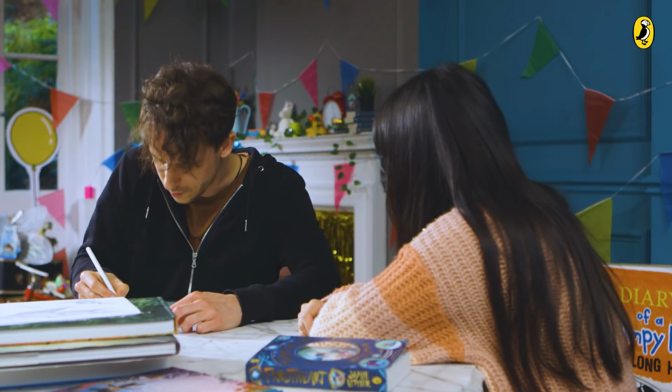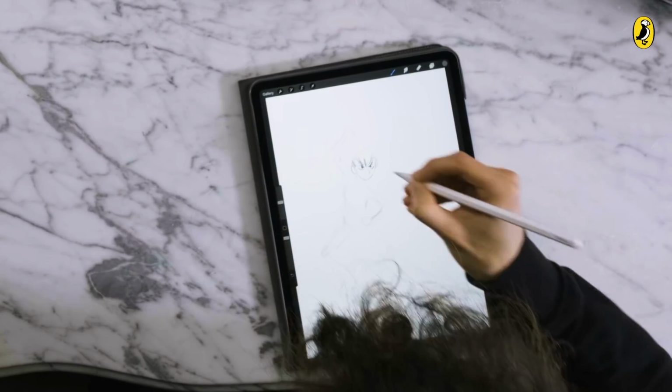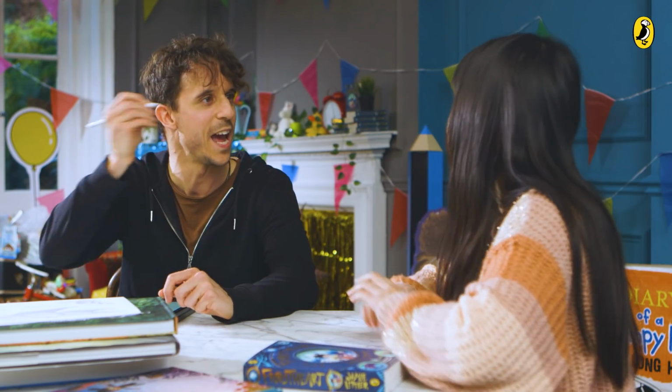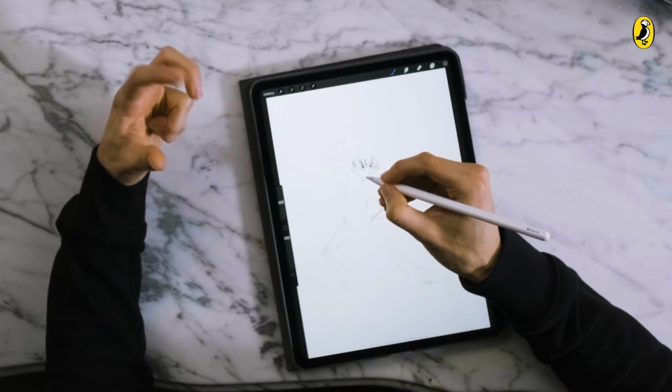So I'll start doing some details now. We've got the eyes that are looking forward and concentrated. Eyebrows that mean business. Those are great eyebrows. Yeah, but even when I'm doing these bits, I tend to try and keep it rough. It's only when I get to the finals that I start to go in quite carefully. But even then, I try and keep the line quite wibbly and rough, just to retain some of that energy. I find sketches have a lot of excitement to them because